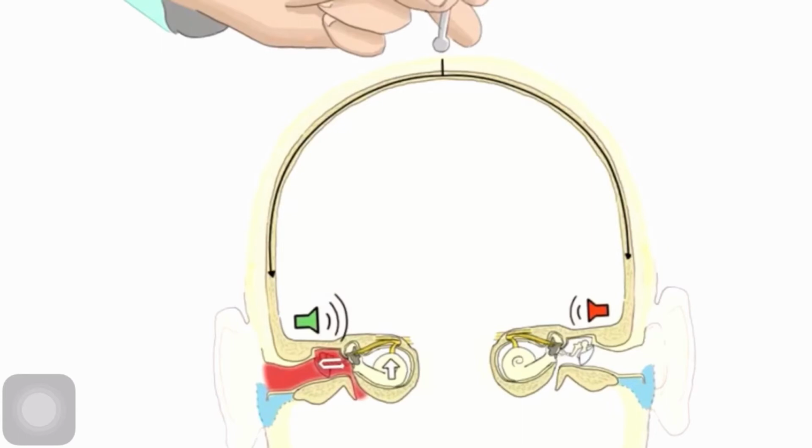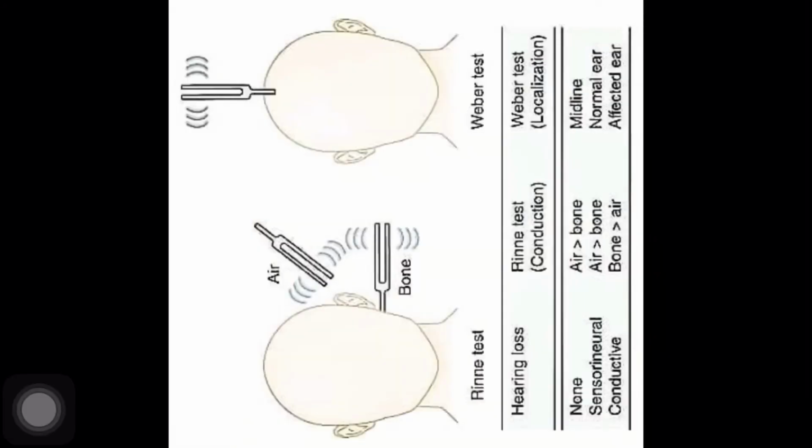This is because when the vibrations go through the bone, they directly enter the inner ear, and since it is closed, the vibrations keep rotating within the same compartment, that is the inner ear, and they cannot go outside because there is some obstruction or there is any pathology causing conductive hearing loss. So if you see the Rinne's test, in a normal ear, the air conduction is more than bone conduction, and in the Weber's test, there is no localization or lateralization. Both the ears hear the sound equally.